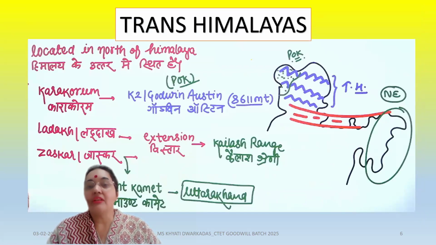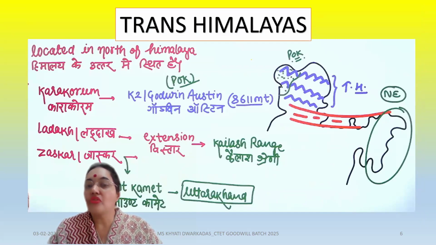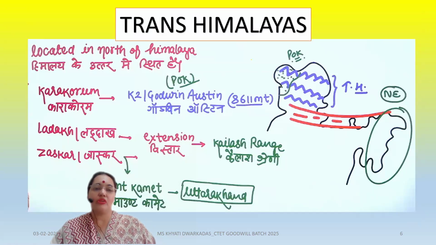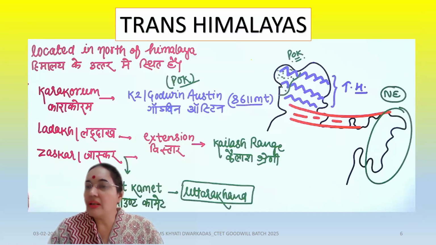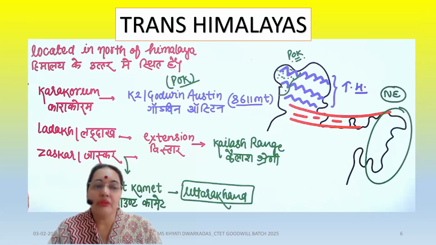Besides these, we have the Trans Himalayas. Now, if you can see that map on your screen, the part drawn on the map in blue, these are your Trans Himalayas. They are located to the north of the Himalayan range. And in this, you have three very important ranges: Karakoram, Ladakh, and Zaskar. Three very important ranges are found in this particular range of the Himalayan mountains. So the Trans Himalayas lie above the main Himalayas, and you can see Karakoram, Ladakh, and